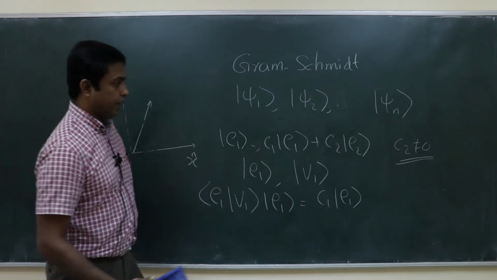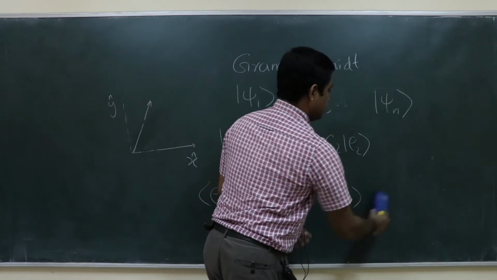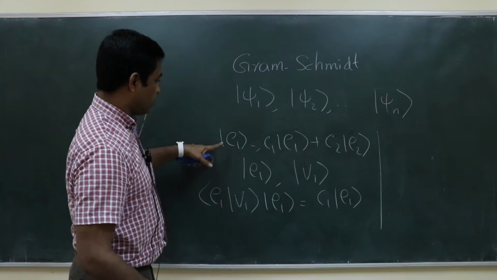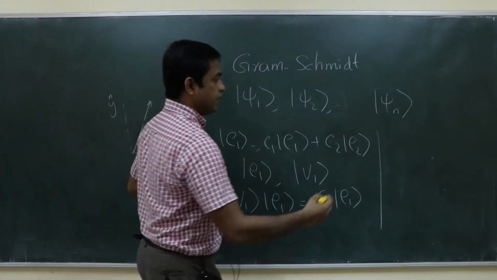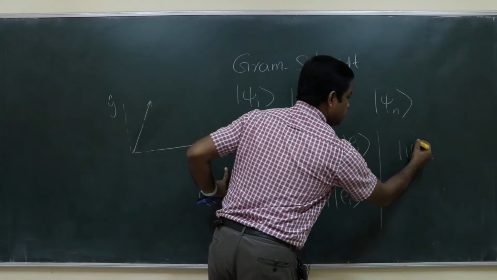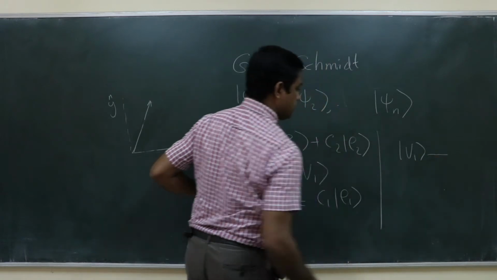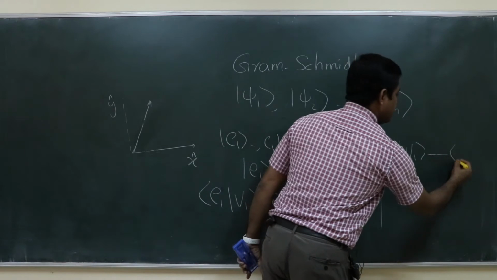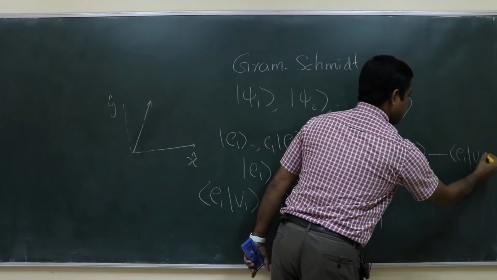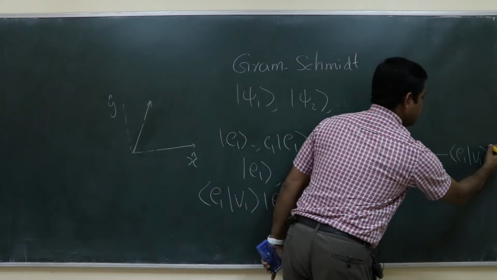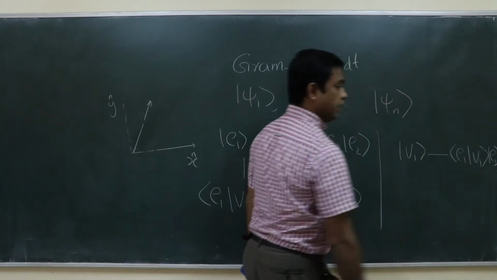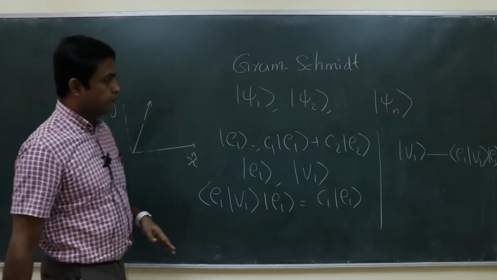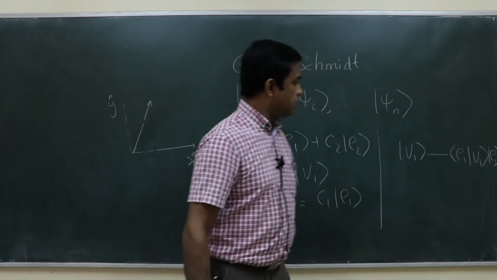So finally, to get a vector orthogonal to ket E1, what you should do? Ket V1 minus this quantity, right? So bra E1 V1 ket E1. So this is the vector